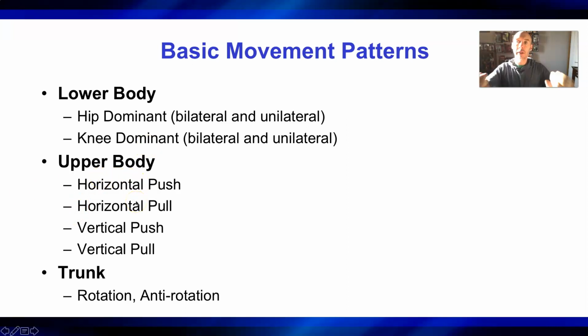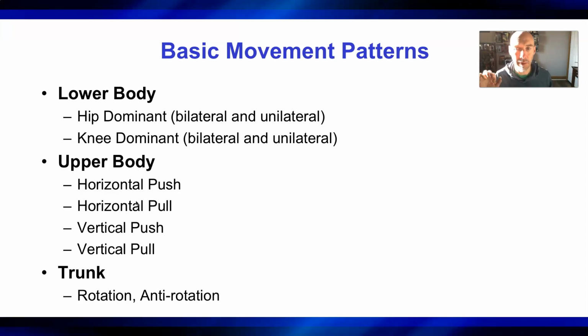Horizontal push is like a bench press. Horizontal pull is like a row. Vertical push would be like an overhead press, and then vertical pull would be like a pull up. Okay. And then for the trunk, we have either rotation of the trunk or anti-rotation, which is stabilization of the